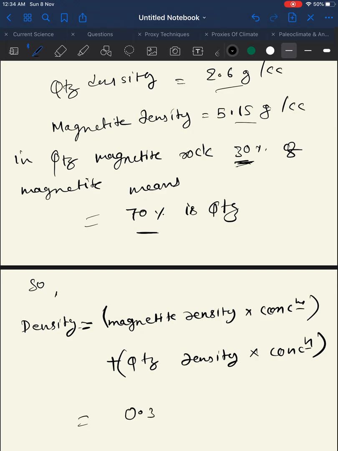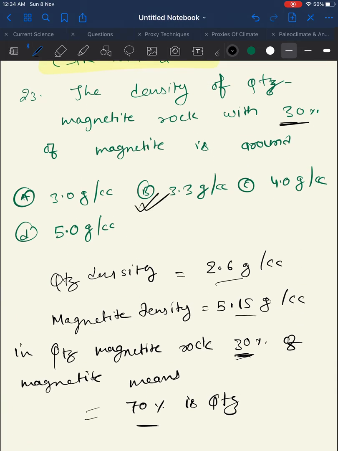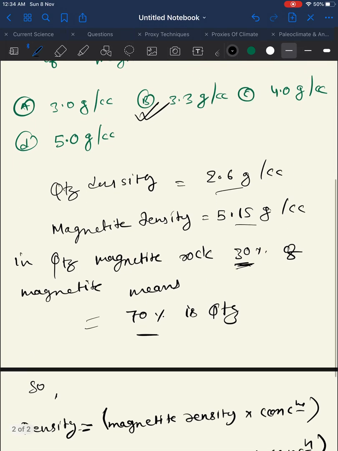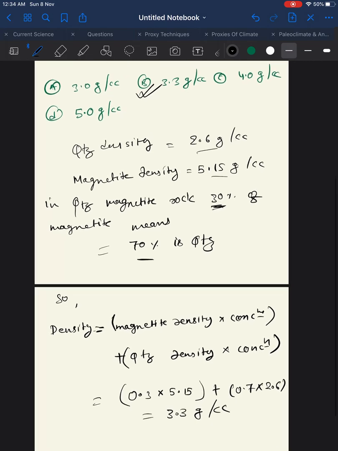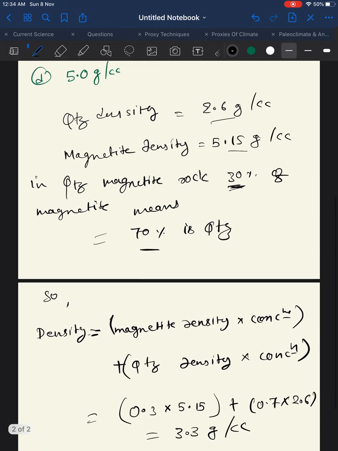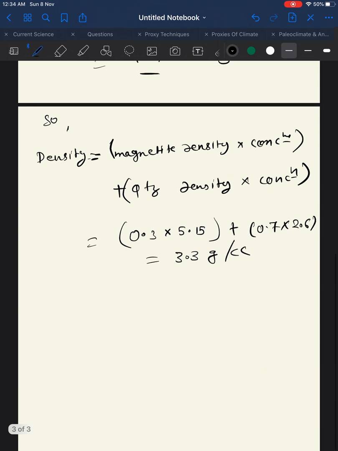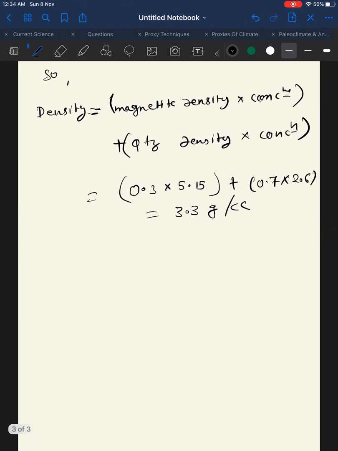So 30% can be written as 30 by 100, which becomes 0.3, times 5.15, this is the density, plus 0.7 into 2.6. When you solve it you will get 3.3 gram per cc. 3.3 gram is your B, so the correct answer is B. It's easy, right? Easy. So now let's solve some questions from